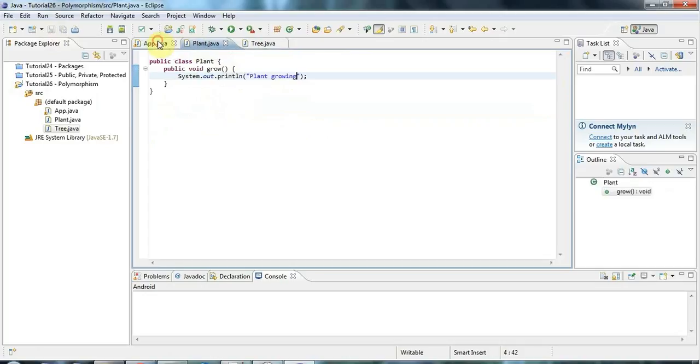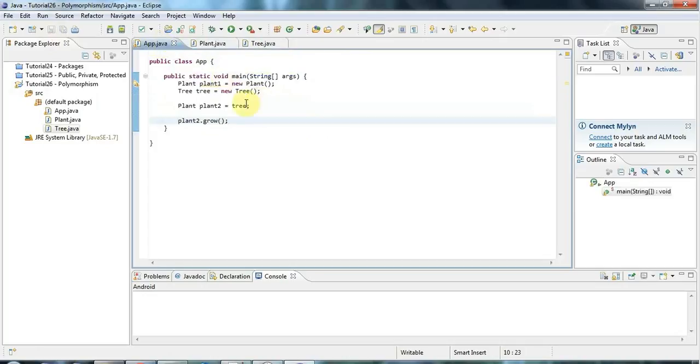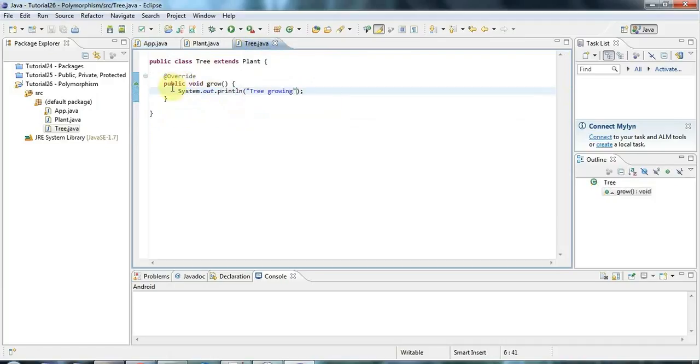And in fact, the thing that's important here is that the object that plant2 is pointing at is actually this tree. So if I say plant2.grow, because plant2 is pointing at a tree, it's going to use this grow method